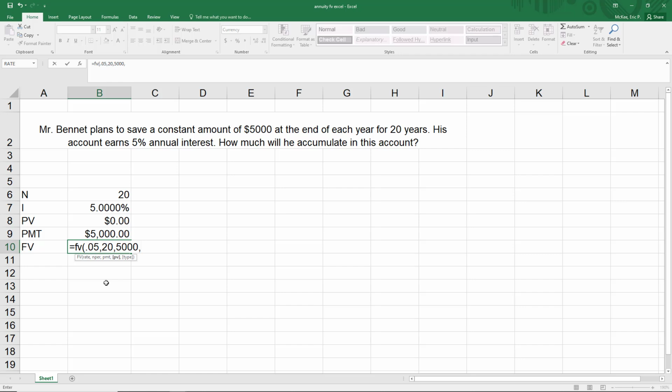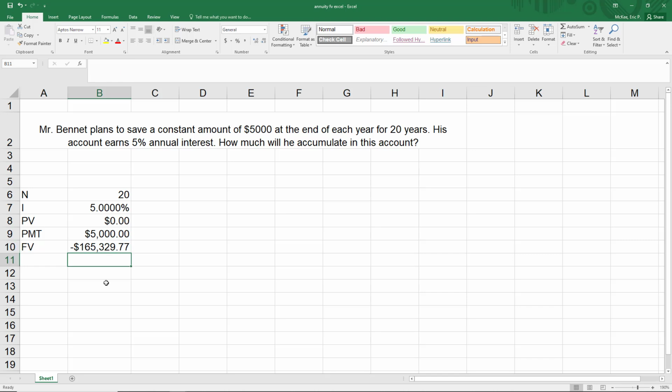And then present value, this is in brackets. That means there's a default value. Present value's default value is 0, which is also our value, so I could just leave it, not put anything in. But just in case there's a future question that does actually have an initial amount in the account, I'm going to put in 0. And then type also has a default value. Since we have an ordinary annuity here, payments at the end of the period, we don't need to worry about it. We can leave type alone. Close parentheses, hit enter, and I get